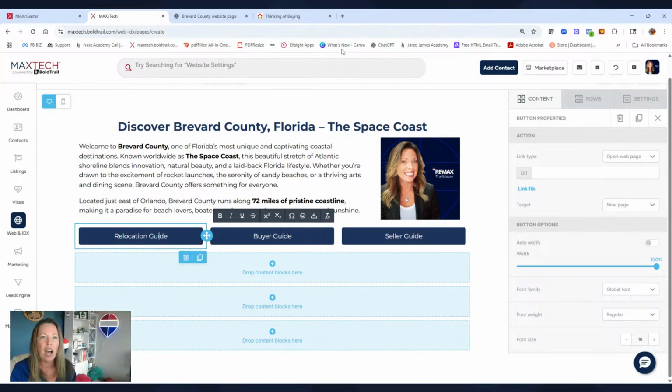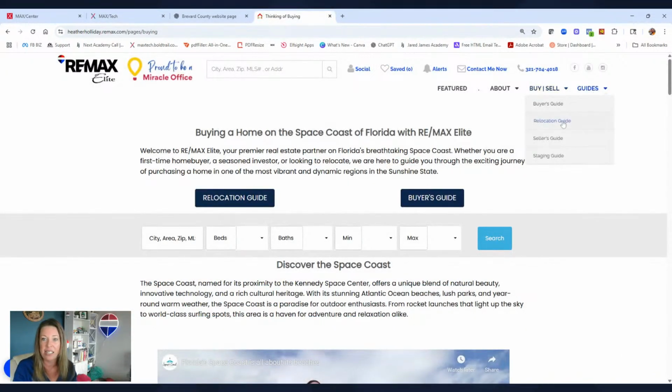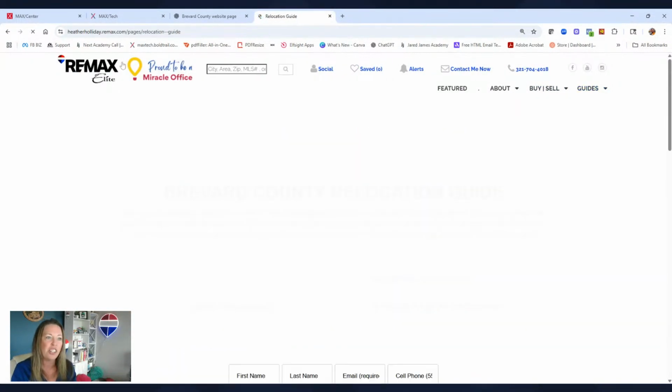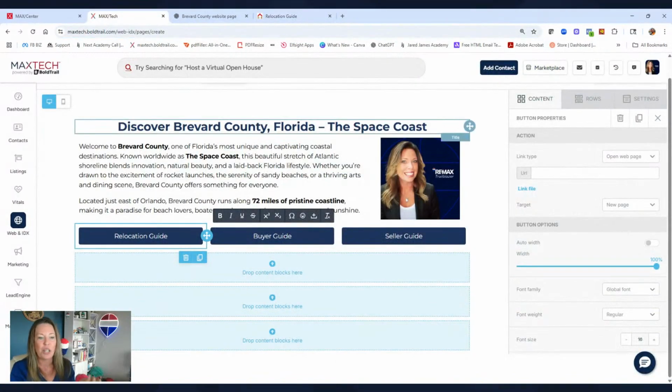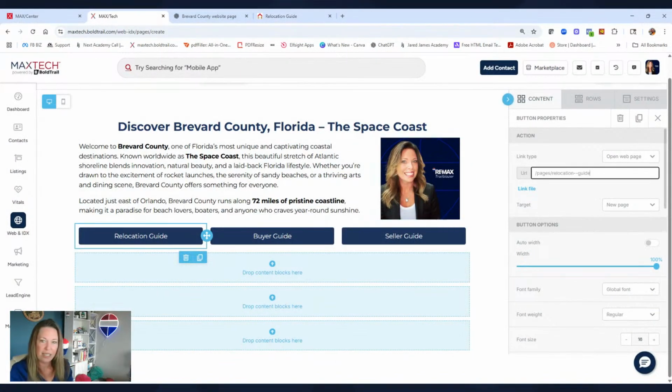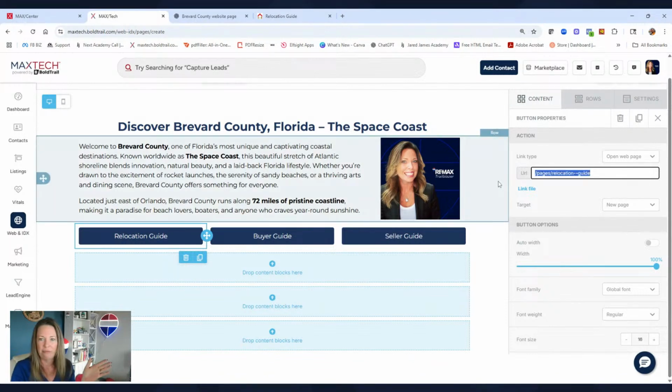So it's good. I'm going to come over here. I have guides, so I'm just going to click on my relocation guide. I don't need my full URL. You can, it won't matter. If you are a team lead or doing something on the office level, just use this last part. Otherwise, when your agents inherit that, it's going to take them back to the page on your team site, and they're not going to be able to generate leads on their own. So I can come over here, relocation guide, and I can just put the /pages/ whatever that